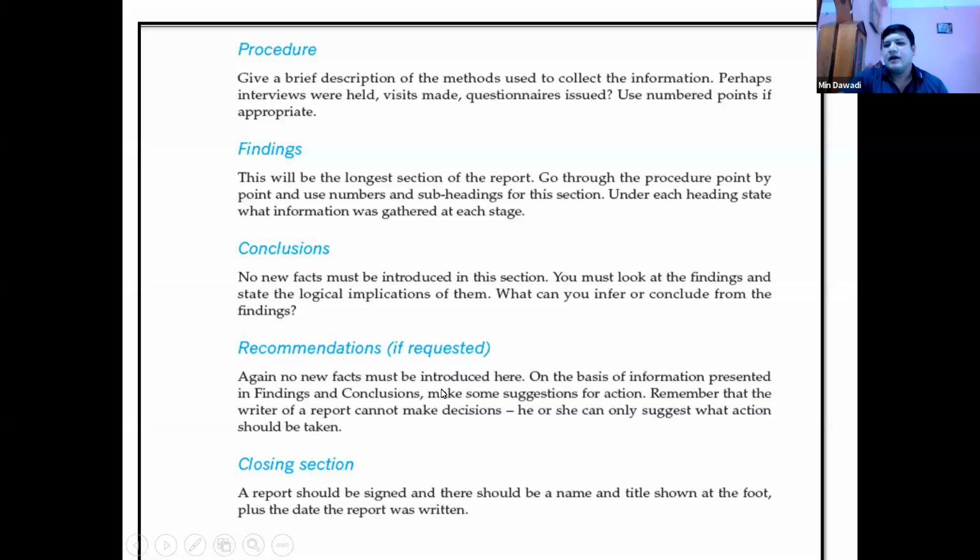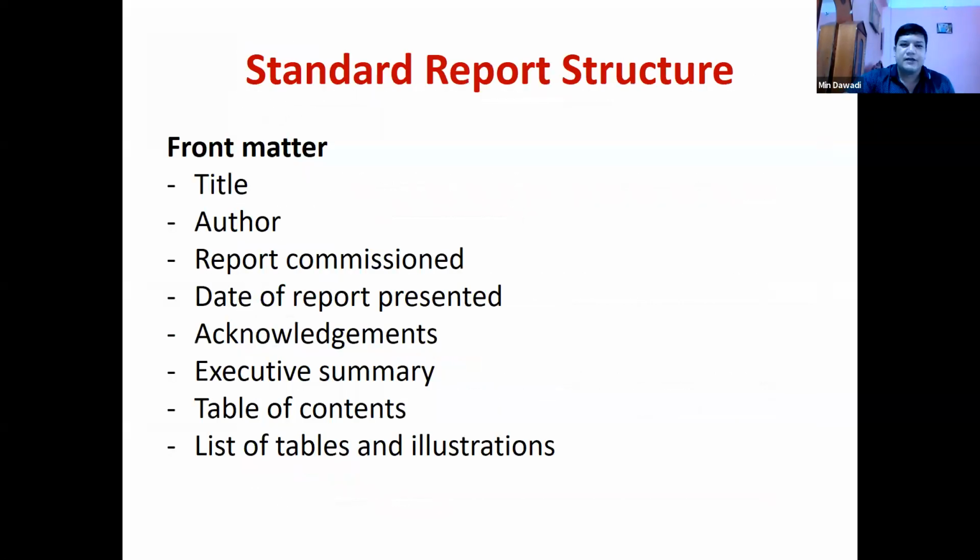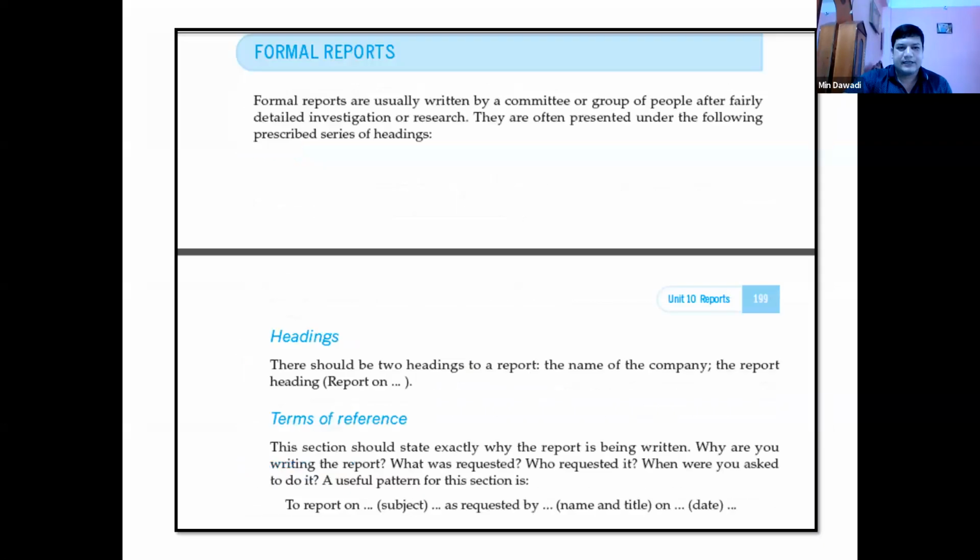you have to sign. Okay, a report should be signed and there should be the name and title shown at the foot plus the date the report was written. Okay, कसले तयार गरेको, who prepared that report and when that report was submitted, you have to mention that and you have to sign. Okay, your signature is necessary. Okay, so this is once again, please, in a formal report we follow a definite format. Okay, there must be headings. यसमा